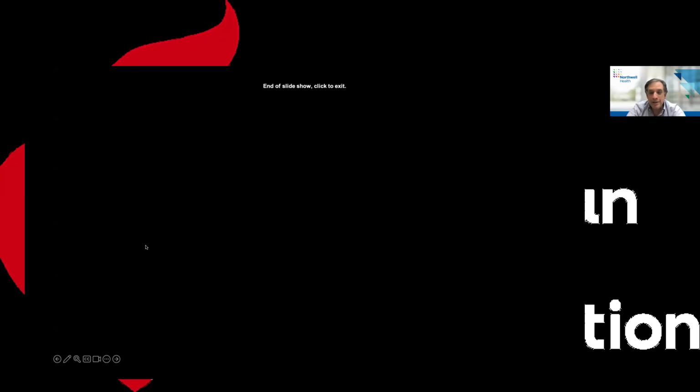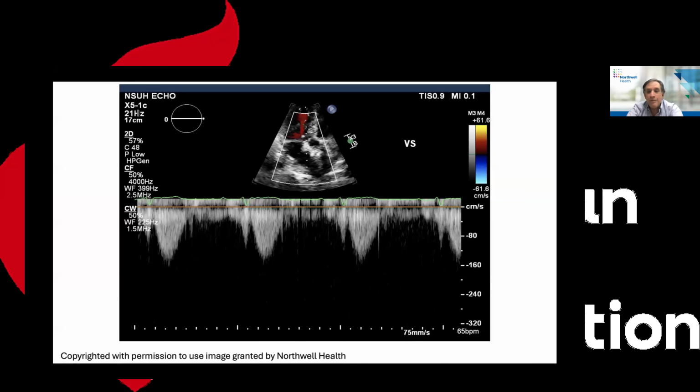So take home message, now that we're doing TAVRs, you're going to have a lot of patients out there who may be at risk for developing HCM type physiology after the TAVR. So be prepared to deal with it if it happens acutely, and then consider our current treatments for long-term care afterwards. And with that, I'll open it up to questions or comments.